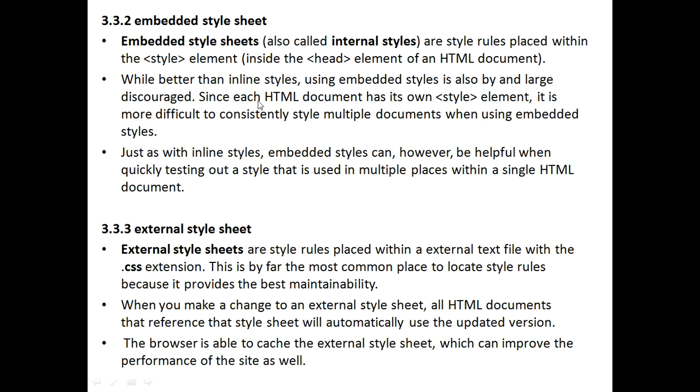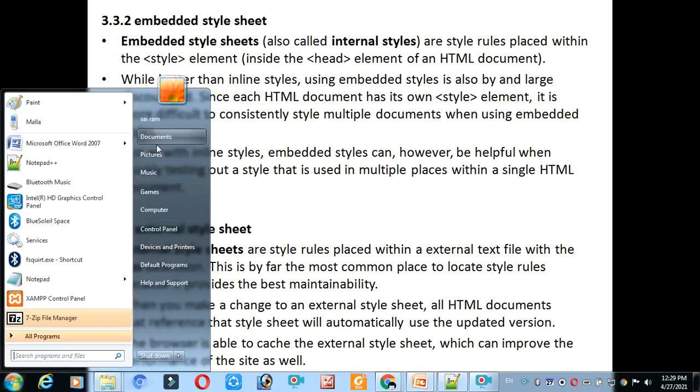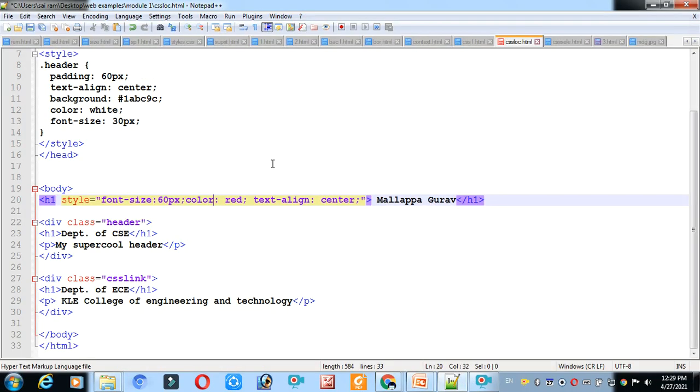The meaning is that if you are using one web page, at that time you can write in the head portion, that's a style sheet. If you have 10 web pages, then on each of the 10 web pages you have to write this style 10 times. So we will have one example of embedded styles here. This third paragraph we will discuss later, embedded.